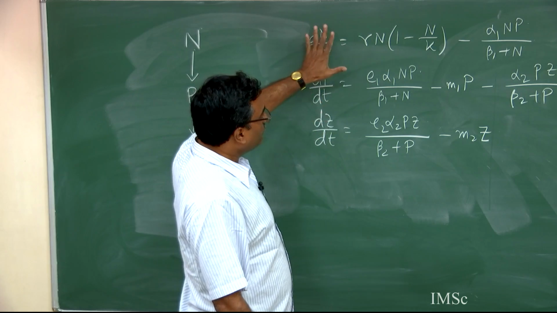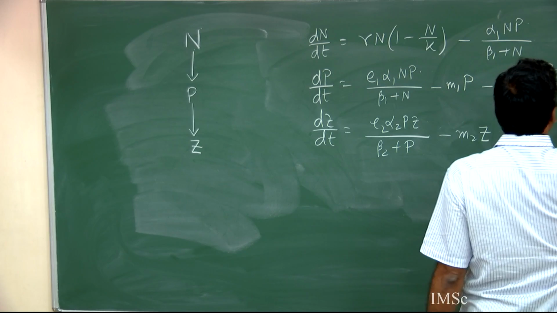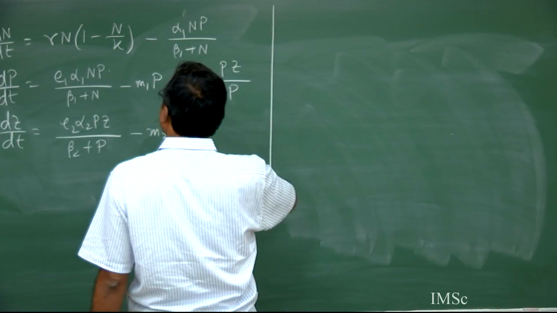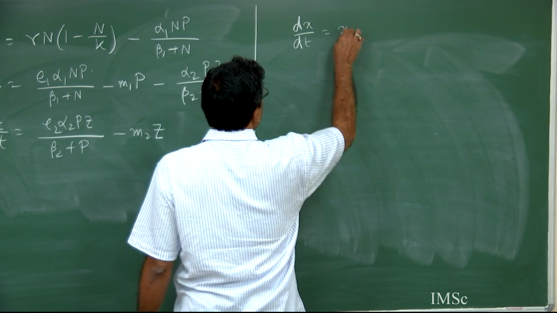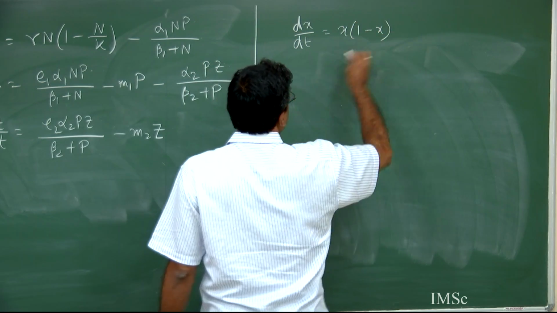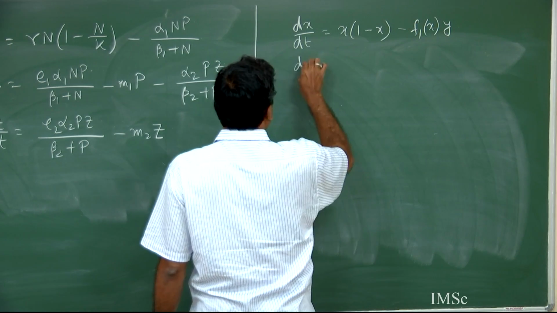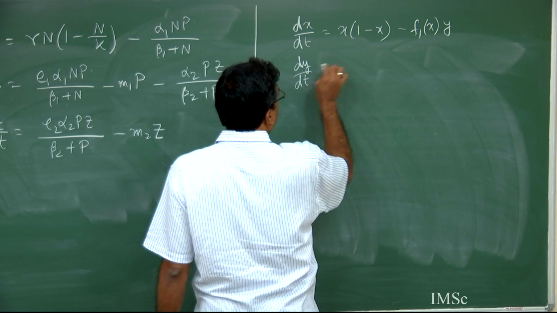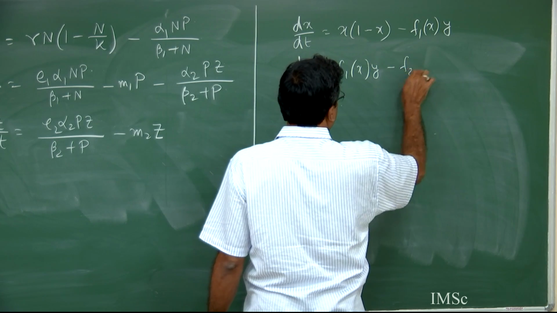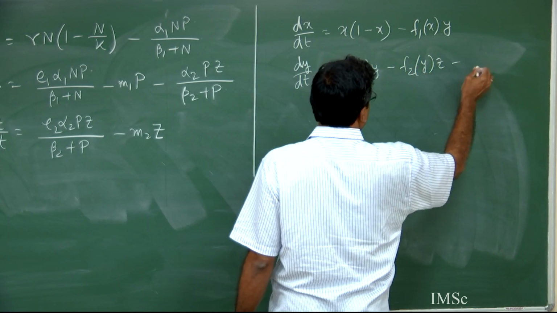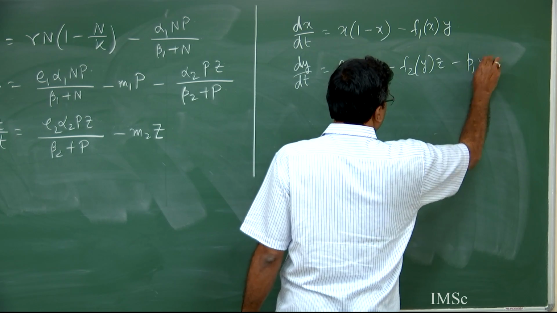So, in order to analyze this particular system, you can consider the corresponding non-dimensionalized version, and again you can write it into the compact form like dx dt, this is equal to x into 1 minus x minus f1 x into y, then dy dt, this is equal to f1 xy minus f2 yz minus some p1 y,